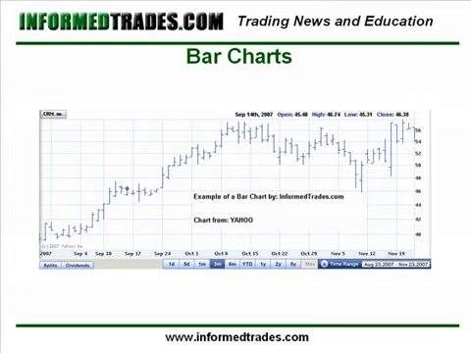So the high and the low connected by the vertical line, and then a tick on the left hand side representing the open for the time period you've selected, and a tick on the right hand side representing the close for that time period. So you get a little better picture of what was happening during the individual time periods that you're looking at,